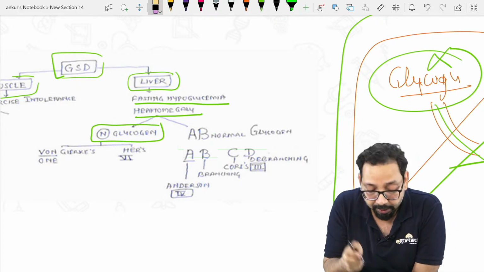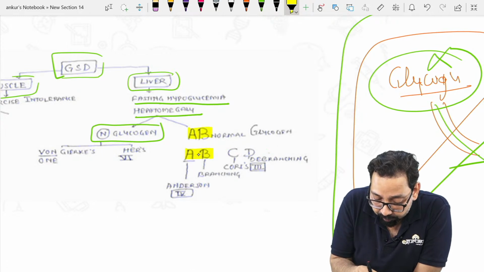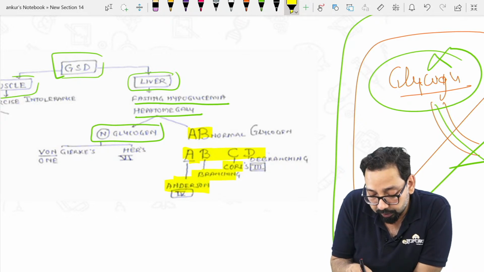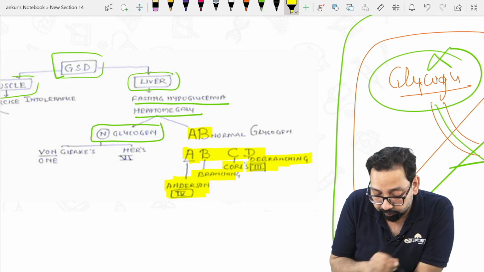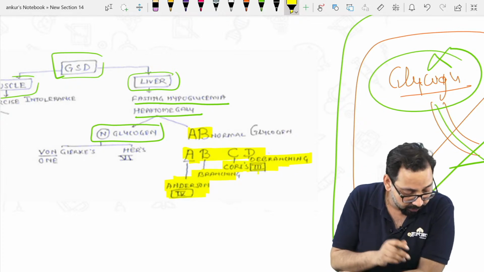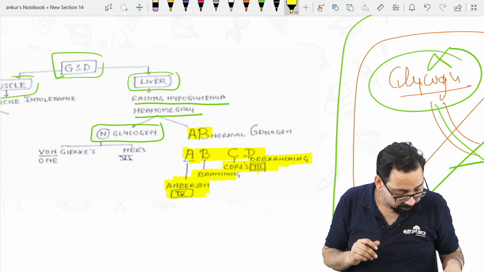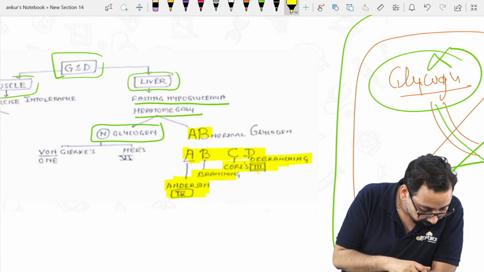A for Anderson disease, branching enzyme deficient. Cori's disease, debranching enzyme deficient. Anderson is type 4 and Cori's is type 3. Okay, clear? Now